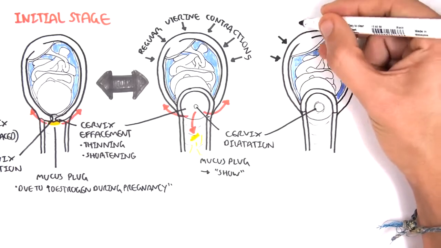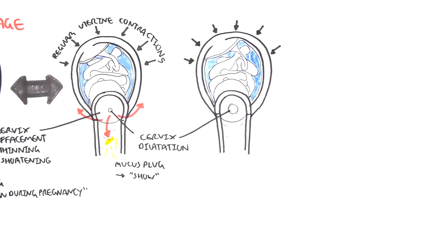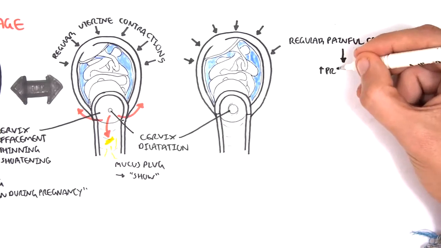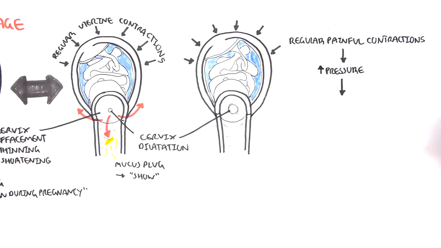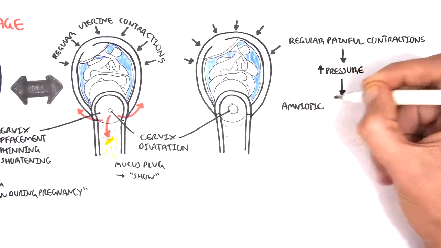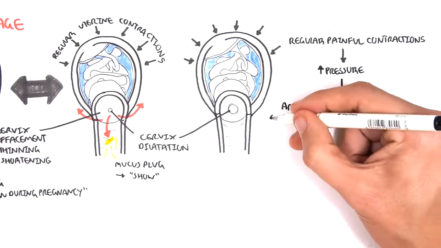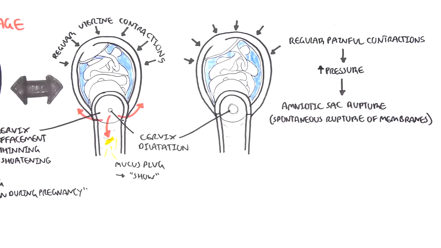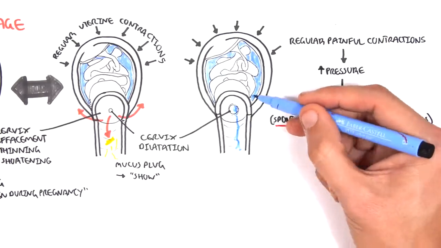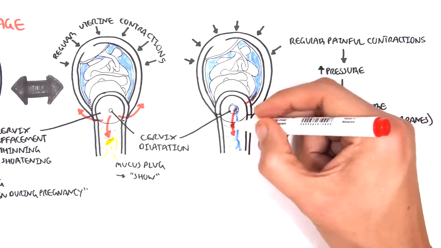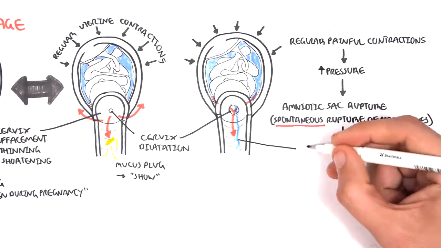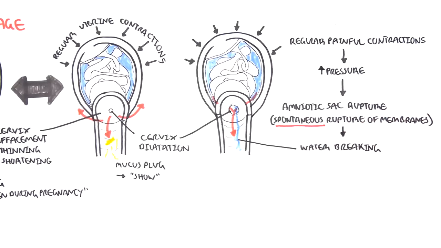With regular painful contractions, there is an increase in intrauterine pressure. This increase in intrauterine pressure will result in rupturing of the amniotic sac within the uterus. This is what is called spontaneous rupture of membranes, or water breaking. Women often say, "My water broke." When the water breaks, what they are actually talking about is the amniotic fluid, which is within the amniotic sac,